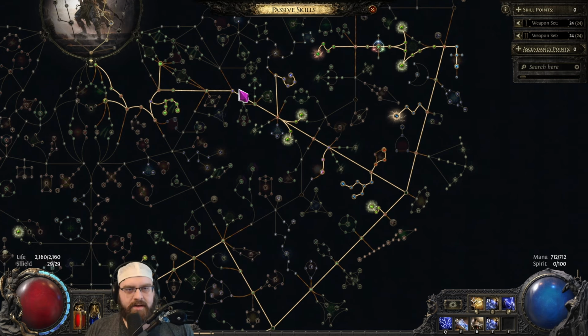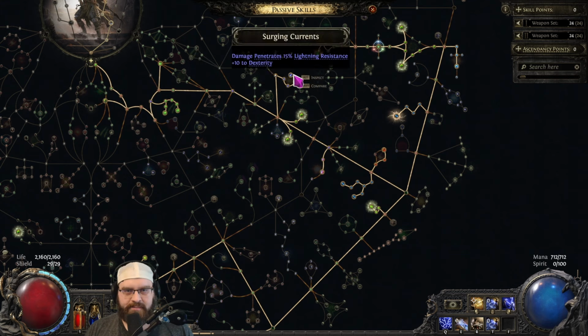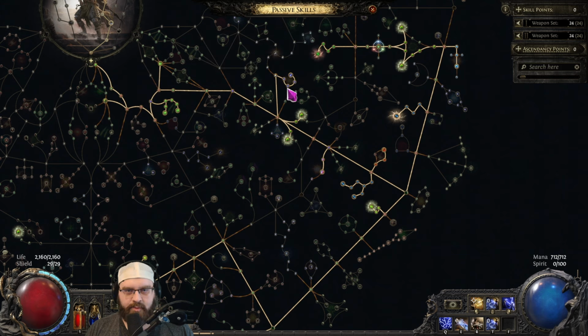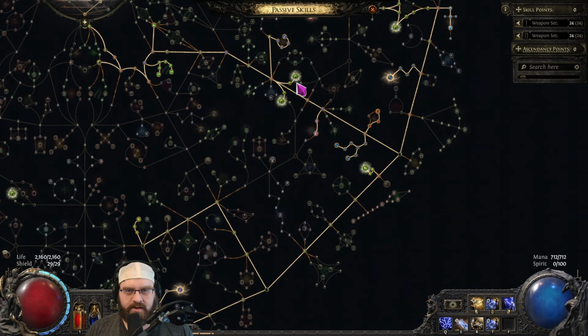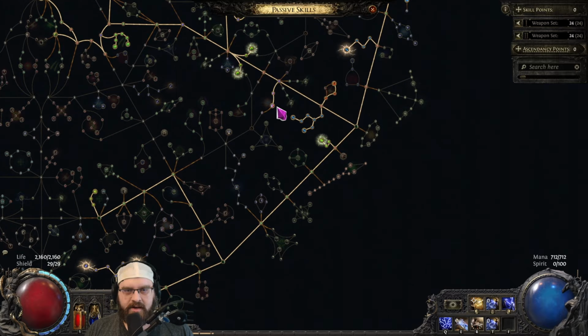So you'll path down here. You'll grab this damage pin and this chance to shock with lightning damage here. This is really, really good. Plus it gives us some more dex here. You go for these two evasion nodes. They're really good. Plus this one gives you movement speed. You're going to come down to